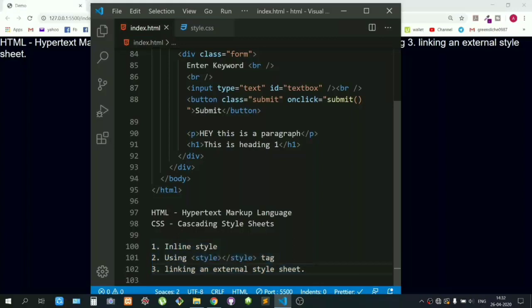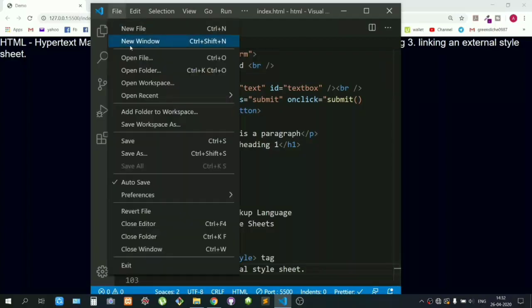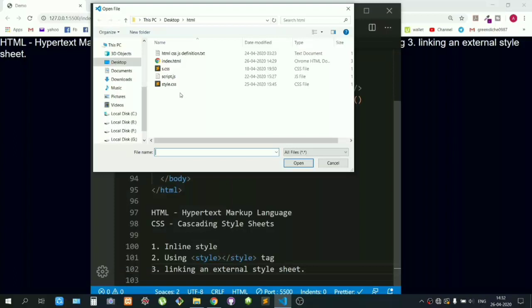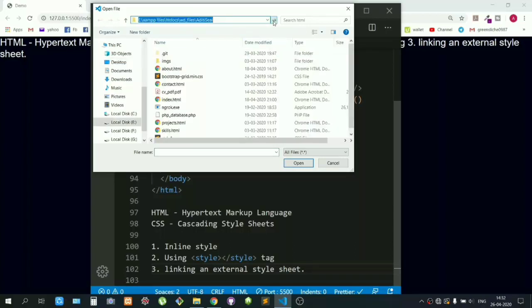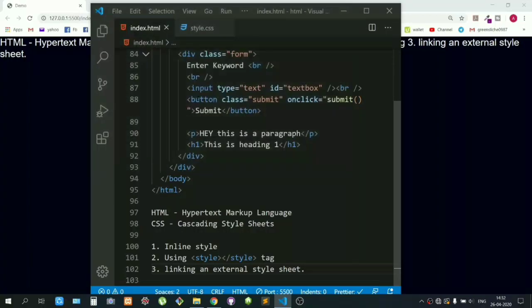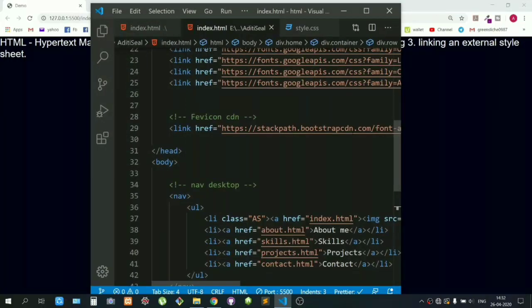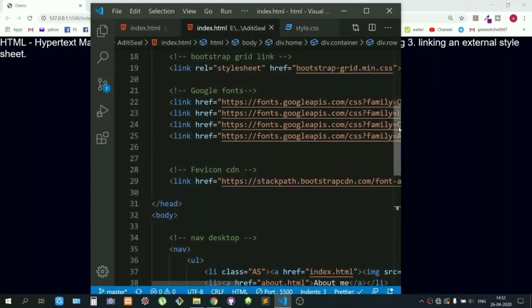Now to show you what CSS does, I'll first open a file which has a style sheet linked to it. This one, I'll just copy paste. This is my portfolio website basically. Here you see I have a style sheet linked to it.